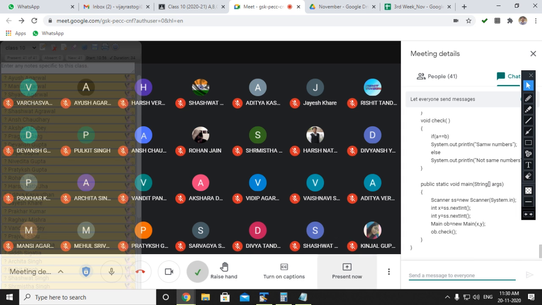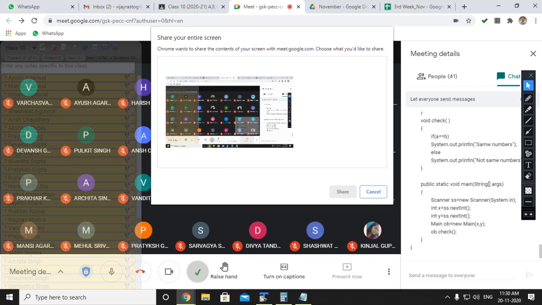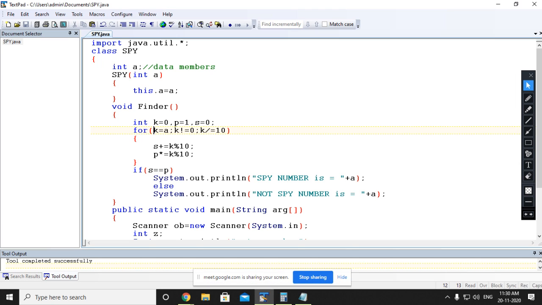Okay, now I am going to discuss this program again. I am sharing my screen. Now see, two numbers. So the class name, whatever you want, you can use, like I am using Same. How many numbers do you want to enter? Two numbers. So how many parameters will you use?